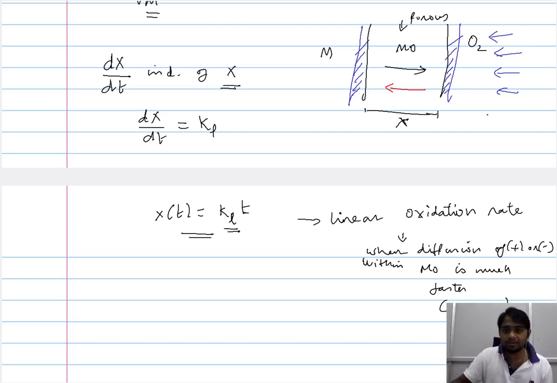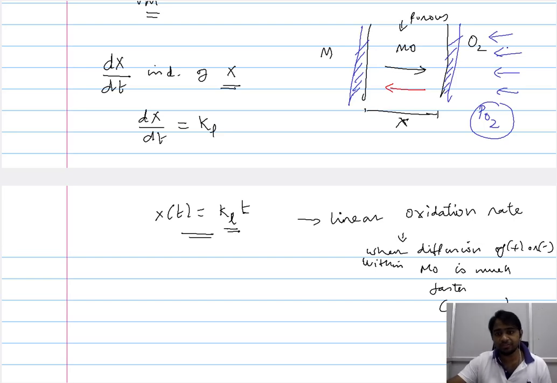This can be related to the partial pressure of the oxygen. In order to ensure the partial pressure of the oxygen in this layer, you need to have a sufficient diffusion of oxygen. So the diffusivity factor that governs the linear oxidation rate is not the diffusivity within the metal or metal oxide layer. It is often the diffusivity in the corrosive environment, or the external environment. This diffusivity in the external environment influences the oxidation rate, particularly in a material that exhibits a linear oxidation rate.